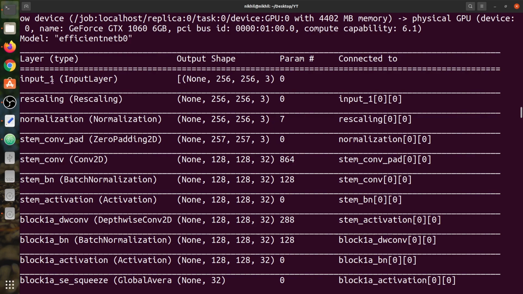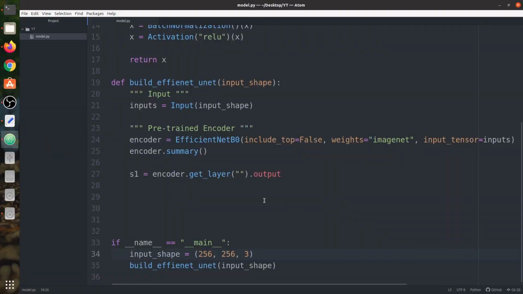You can see it starts with 256, then we have 256 again for rescaling, and then normalization, 256 by 256. And then we have padding 257. So what we can take first is the input as the first skip connection, because we don't have any other feature. Now I'm going to copy this 3 more times.